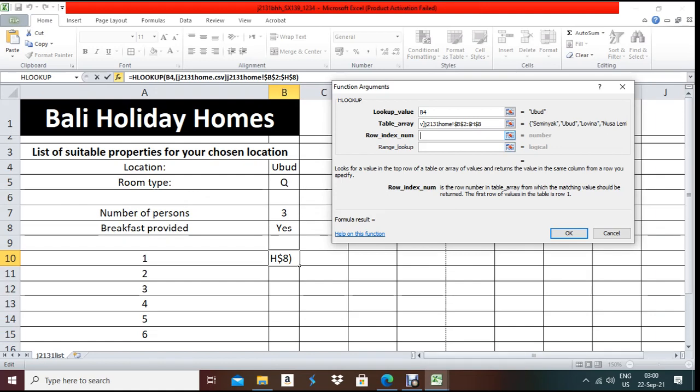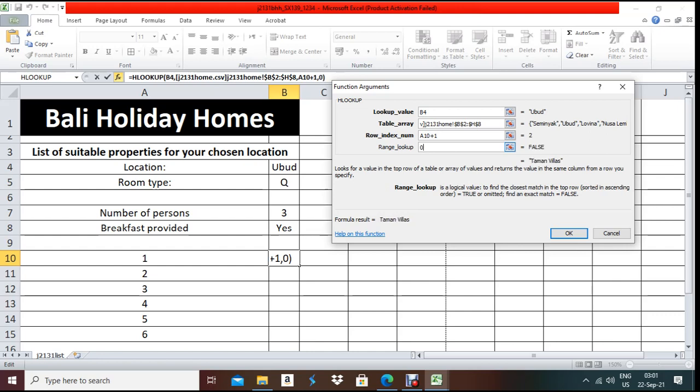Now how can we mention the row index number? If I mention only 2, only one data will come, but we need to gradually collect all the data and put it from B10 to B15. So in this case what I can write is A10, this value 1, plus 1, and then range lookup will be 0.